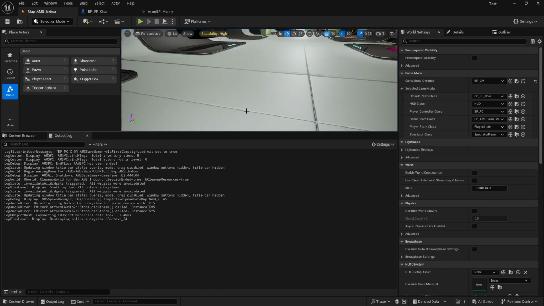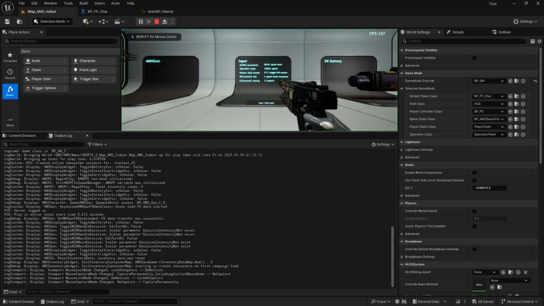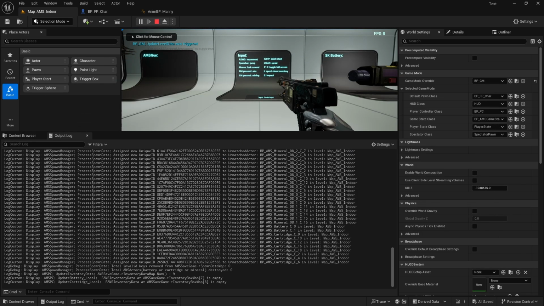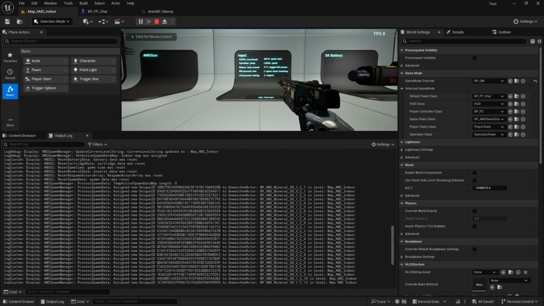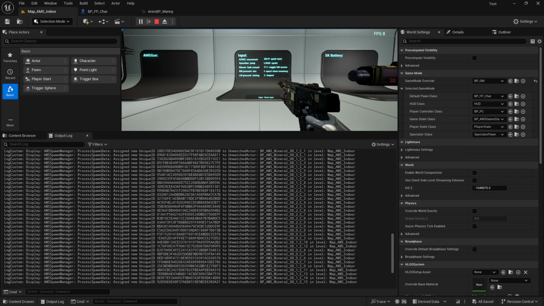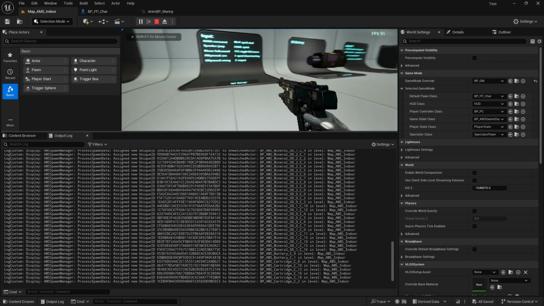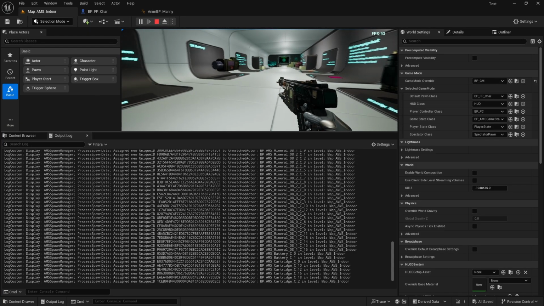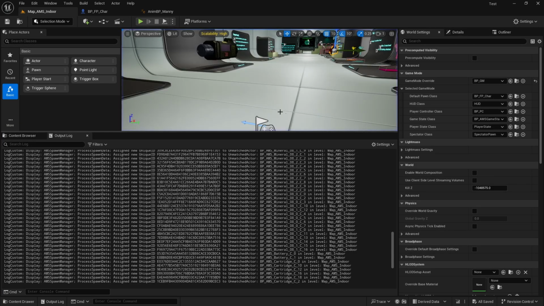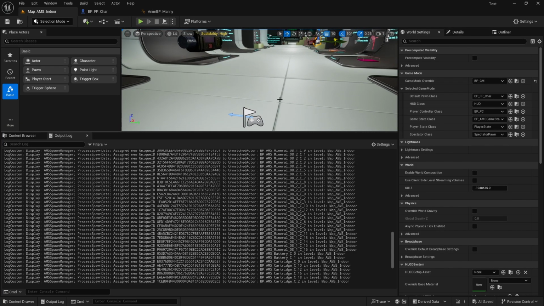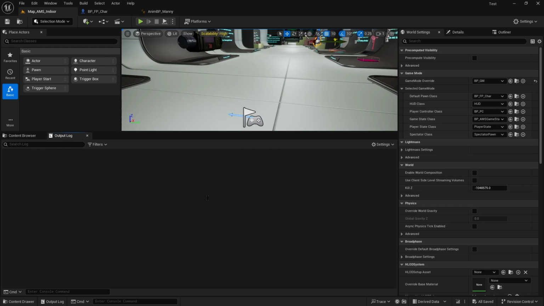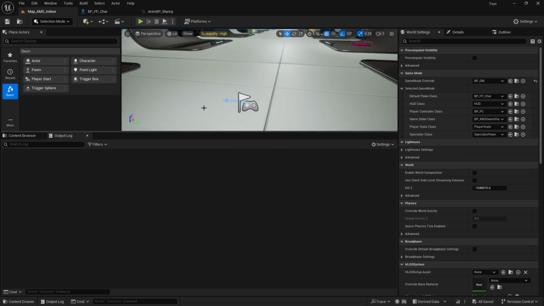If we exit and we start again, this is the kind of correct stuff in the output log that you should get, that every item was assigned a unique ID. If we exit again and we clear the log and run the code again,